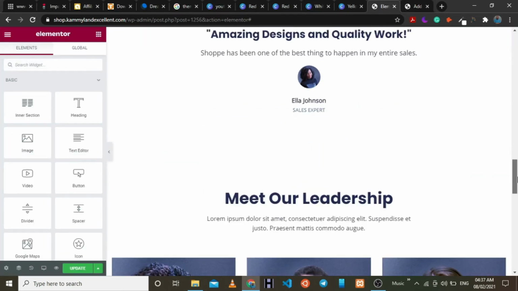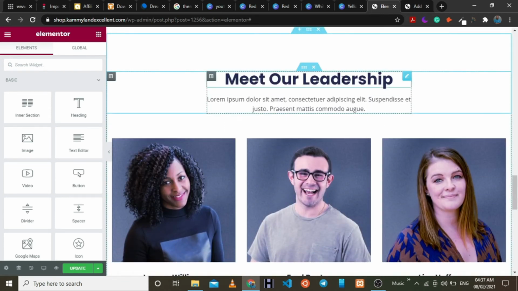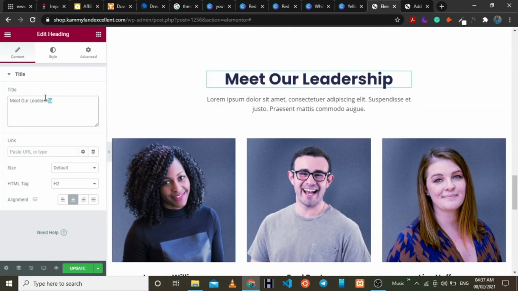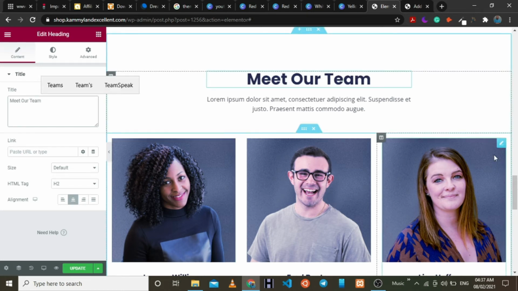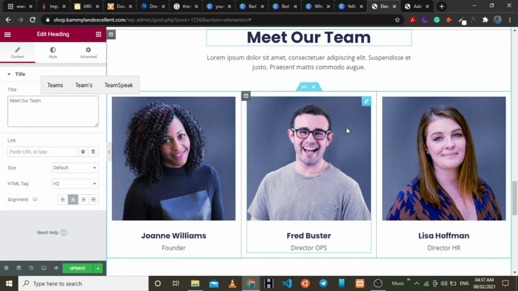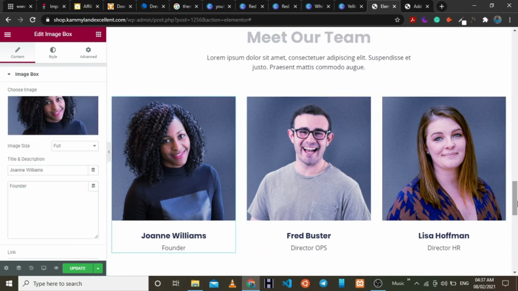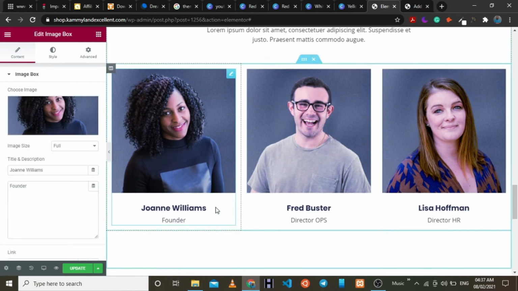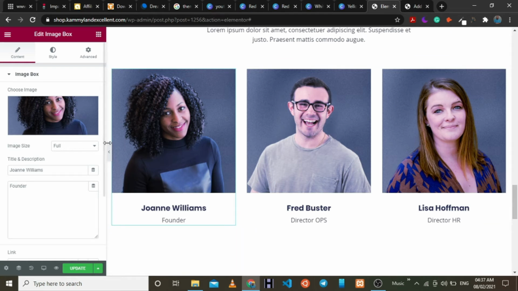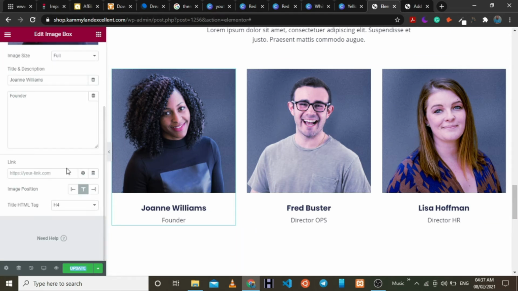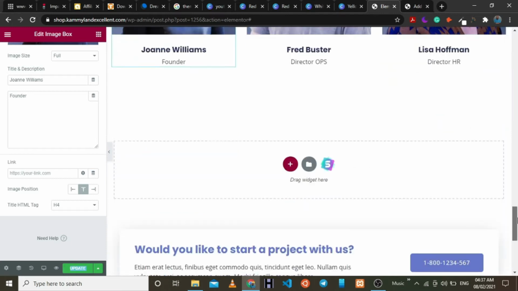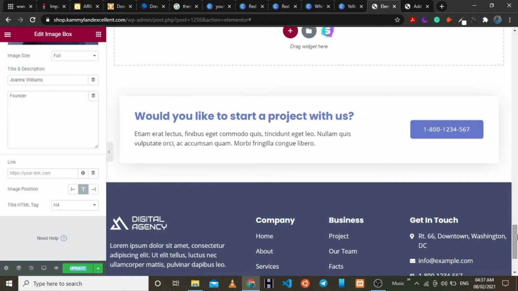So that's the section. Then meet our leaders, or should I call it meet our team. Add whatever text you want. You can always edit this section, change the names, founder. Okay, you can change the images, add the links,